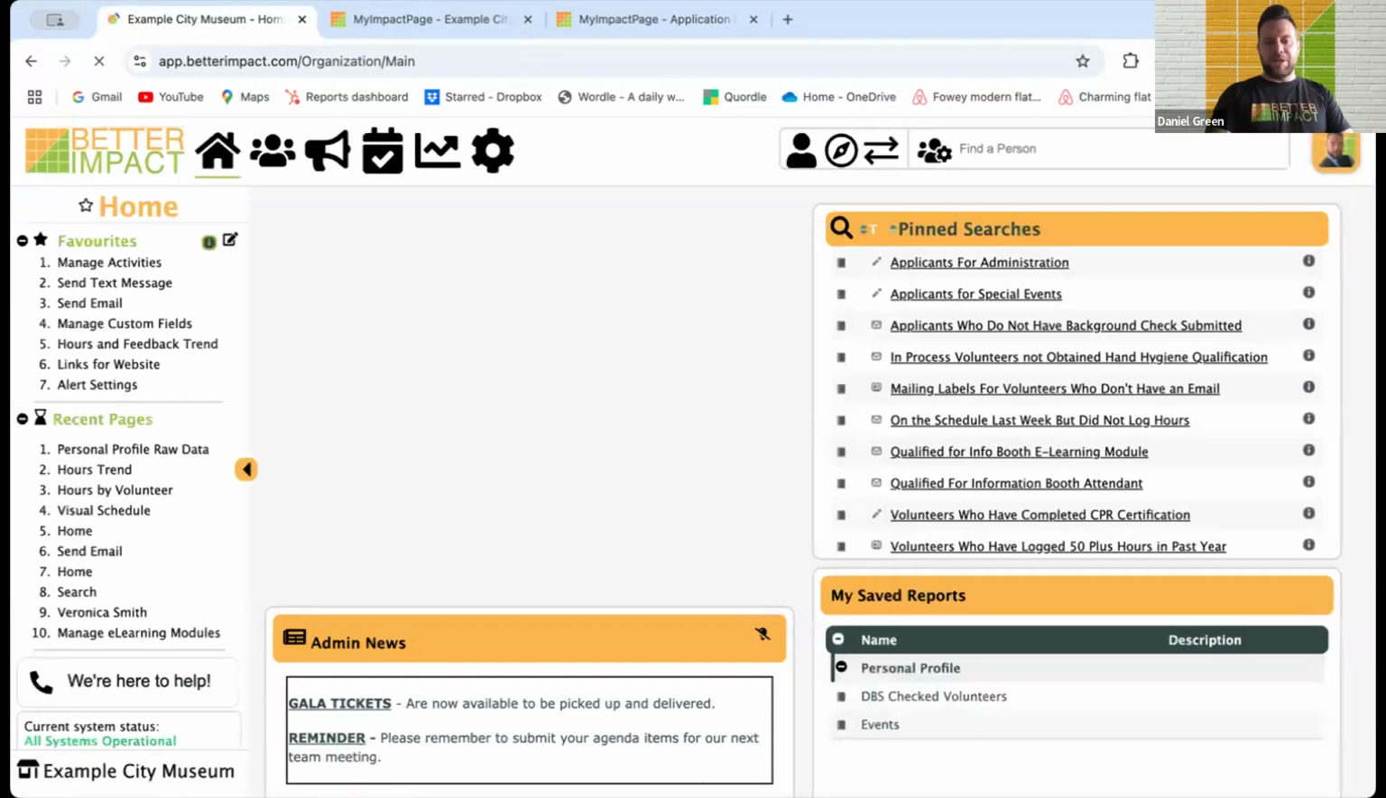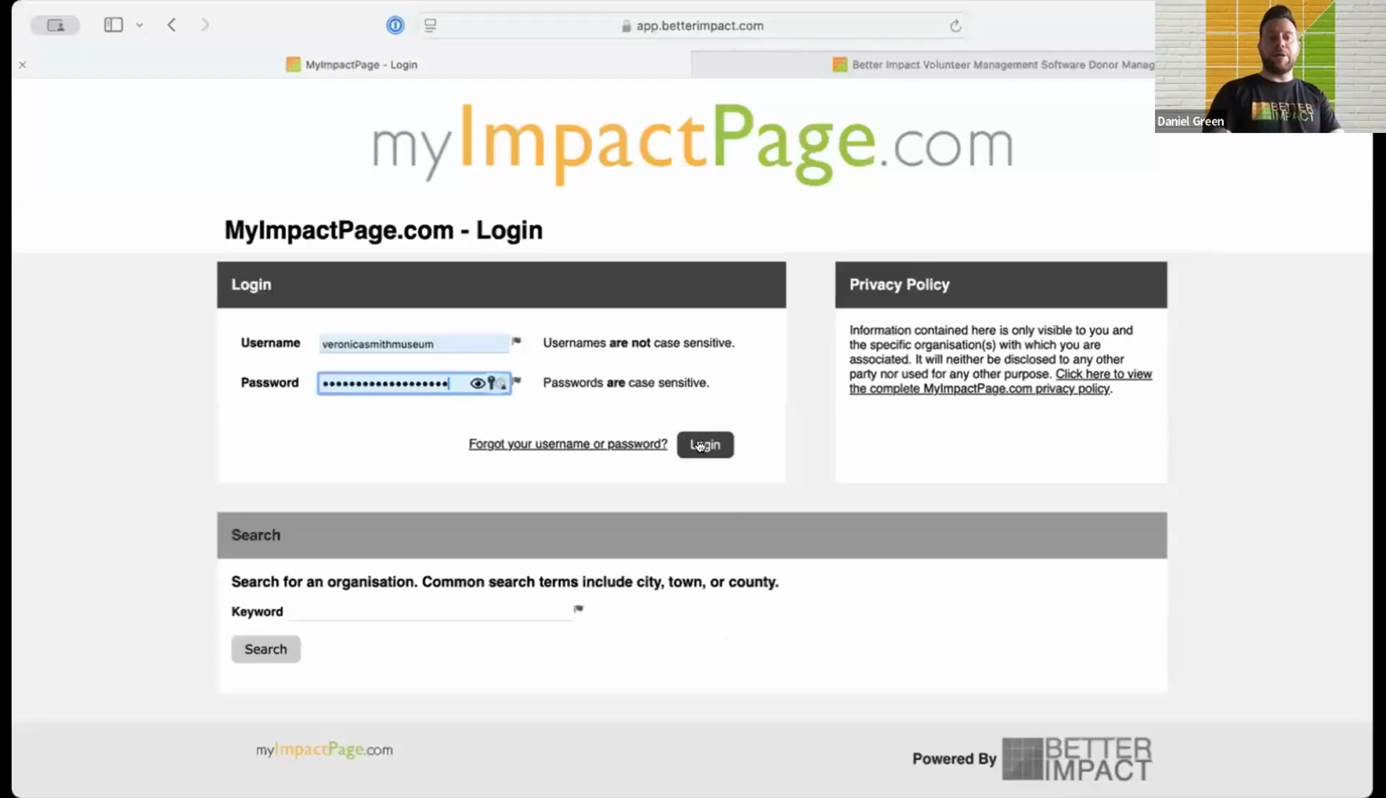Like I said, there's so much more I can show you, but I know time's against us. And what I'm going to quickly show you now, before we go back to the slides, is what it looks like from the volunteer's perspective. Okay, so, which is the My Impact page. So as I log in,